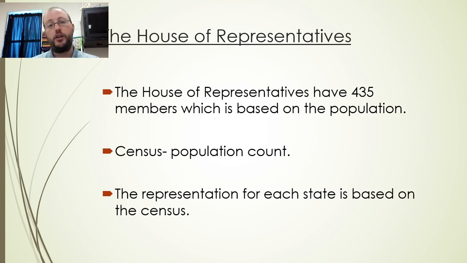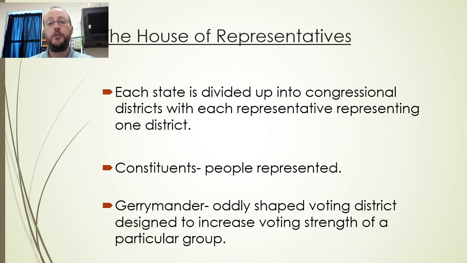So if you remember last year during the census, one thing that people talked about a lot was Alabama possibly could lose a congressional district or gain a congressional district or stay the same. That's because a congressional district is determined based on that state's population. So every 10 years when we do a census, the state's population count either increases or decreases, and that can change the number of representatives that they have.